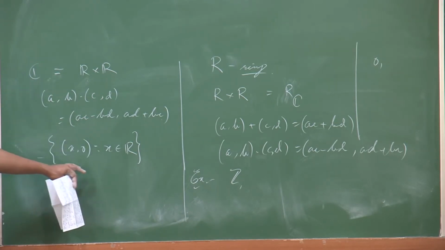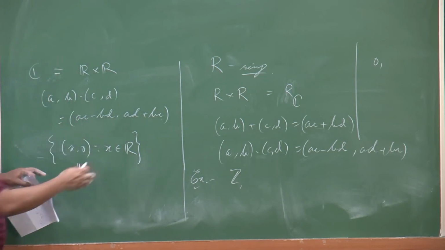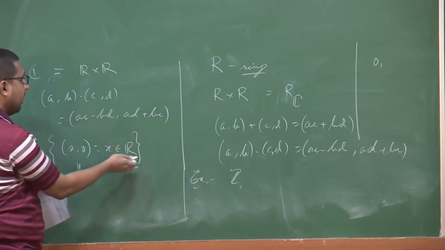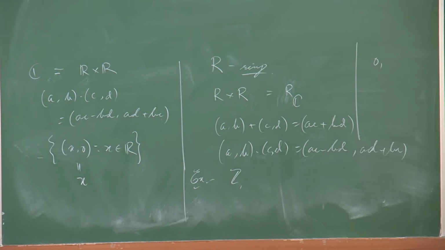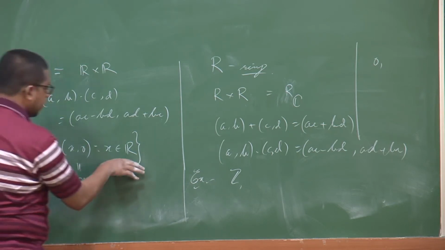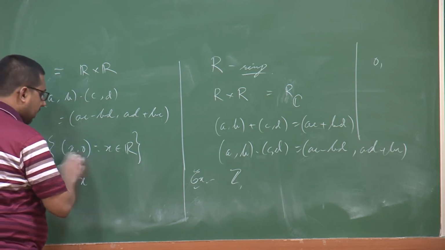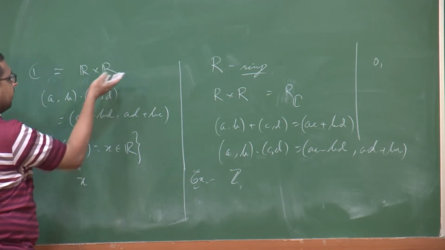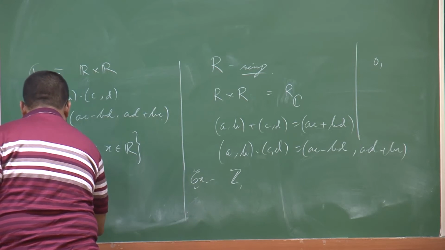This is identified with the real number x. In fact, this turns out to be a subring of C. So this subring is naturally identified, or more formally, it is isomorphic. Of course, I will define the meaning of isomorphism between rings, but for the time being just bear with me. You can convince yourselves that it is naturally identified with R. Thus R can be considered as a subring of C, and this element (0, 1), its square